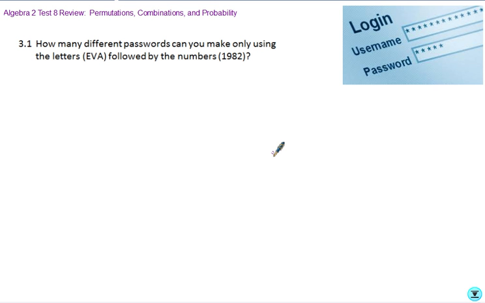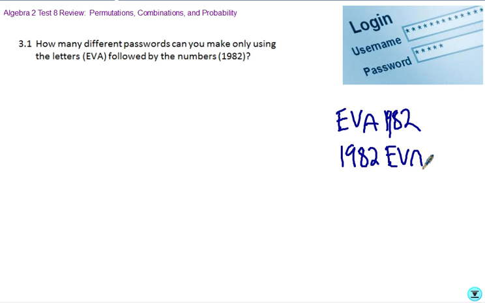Number 3 asks, how many different passwords can we make only using the letters EVA followed by the numbers 1982? So this is another example of a permutation, an arrangement where order matters, because if I said, what's one possible password, maybe we say Eva 1982, right? But maybe we switch it around and we say 1982 Eva, right? So those would be two different passwords because the computer interprets the order of the characters, so order makes